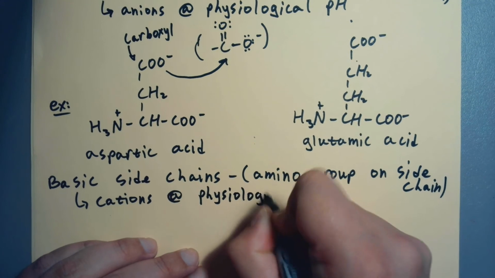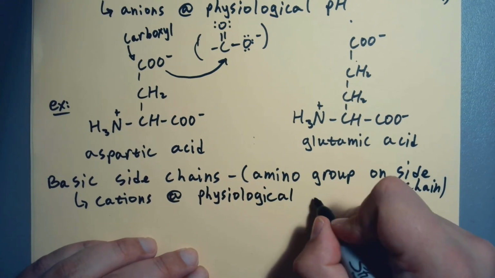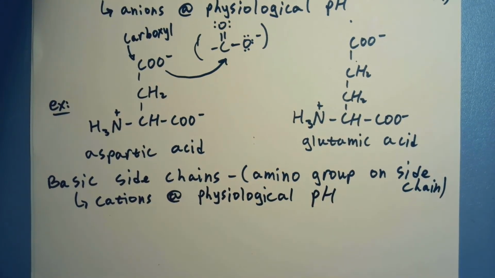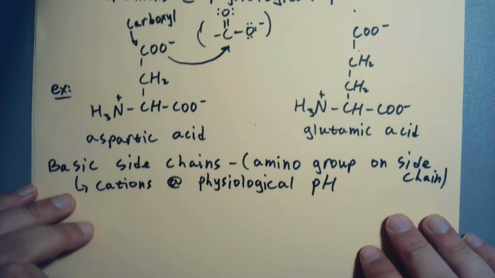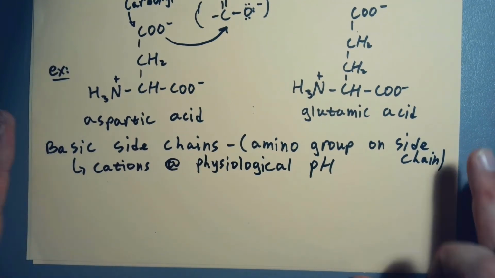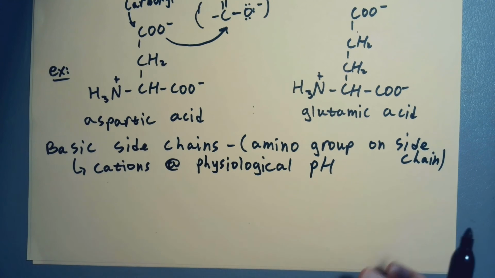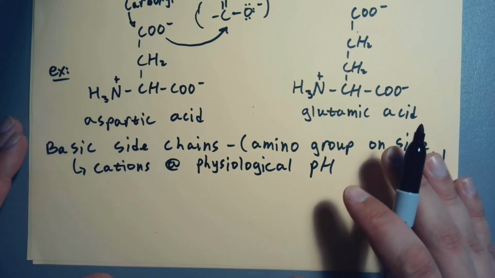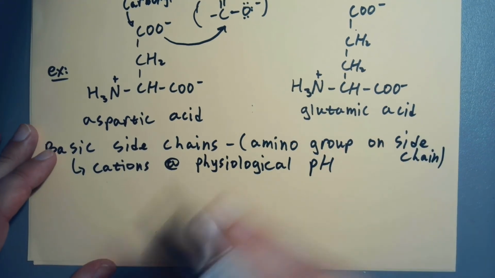So before we got negatively charged stuff, now we're going to get positively charged side chains. So we're going to get the opposite ion, opposite of the anion. Yeah, two negatives makes a positive, right? Anyway,